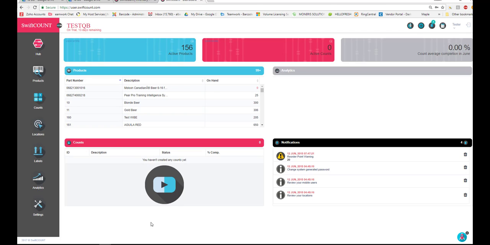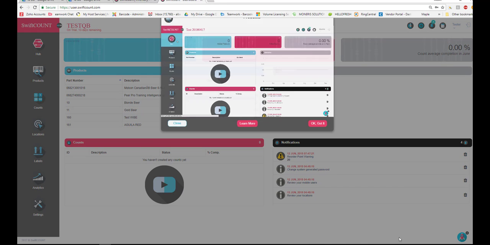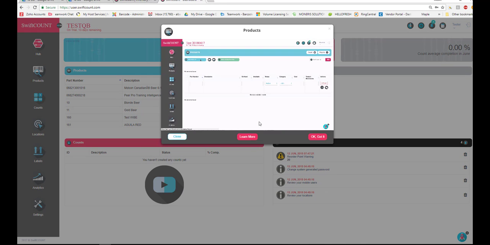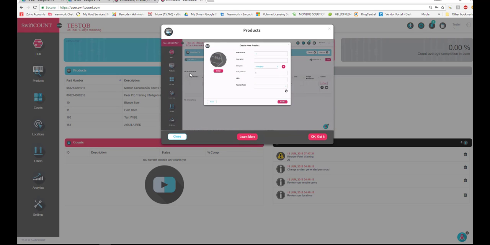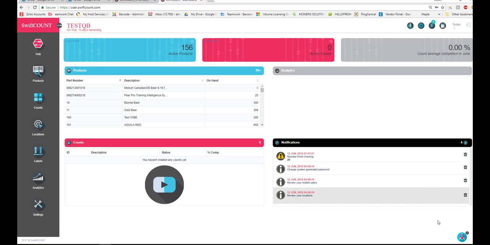We see a view of your products, and here we don't have any count, so if we click on here, we'll see a video. One other thing that I just want to highlight is at the bottom right hand corner here, there is a little rocket ship that has a bunch of little tools. If you click on any of them, you'll go through a little video just highlighting how to do certain things, and once you get it, you click on OK, got it, and then you'll see that that little video is actually marked as viewed with a little check mark. When all the videos are viewed, the rocket will disappear and it'll actually go into our activities icon